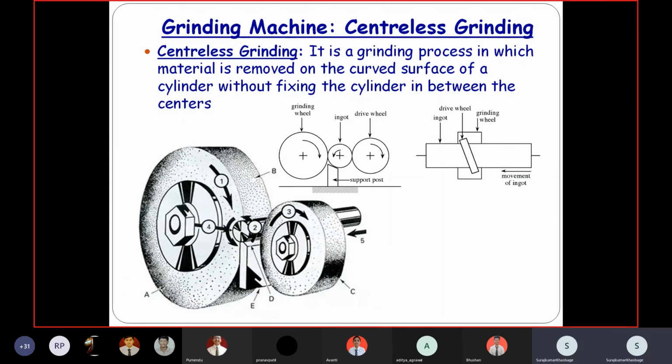Then there can be an operation called centerless grinding. Here we have two sets of wheels: one is a grinding wheel, and the second one is just a driving wheel or supporting wheel. Within that, we will place our workpiece. Whenever our driving wheel rotates, it will rotate the workpiece in the opposite direction, and these